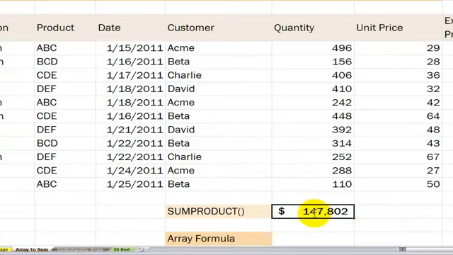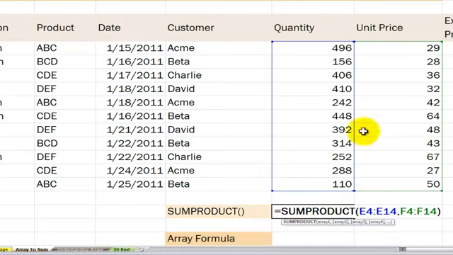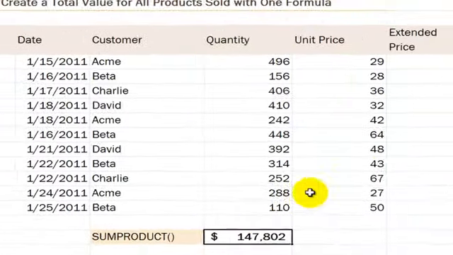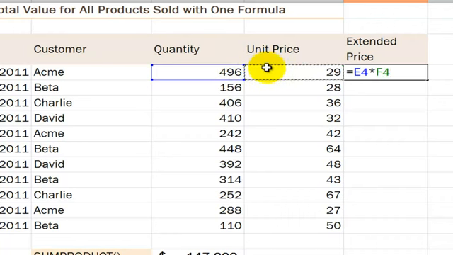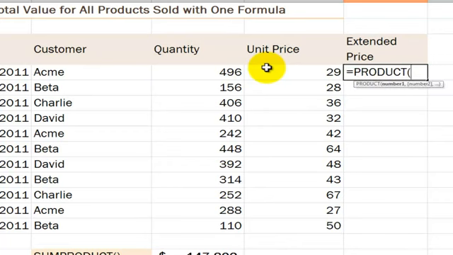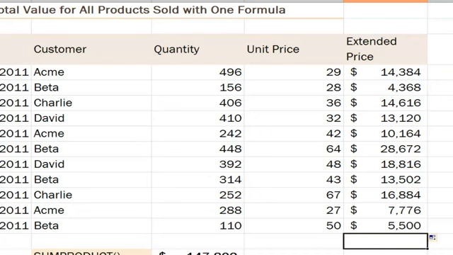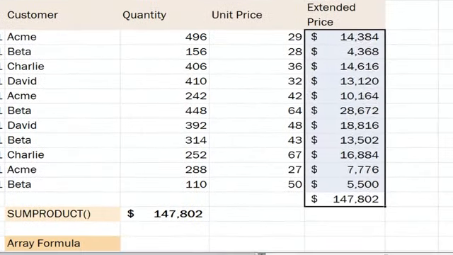So now with one formula using SUMPRODUCT, we first multiplied each of the cells in the array and then we added together that product. So instead of saying equals unit quantity multiplied by unit price, we could have also used the PRODUCT function to say equals PRODUCT, and then just select the two cells in our range to multiply. Of course, then we'd have to copy it down, and then we would use the SUM function to add up the product of each of those calculations. So you see, we can avoid that intermediate step when we use SUMPRODUCT,